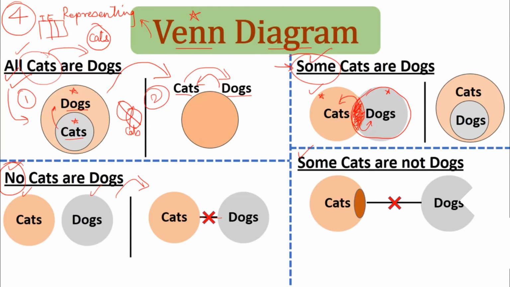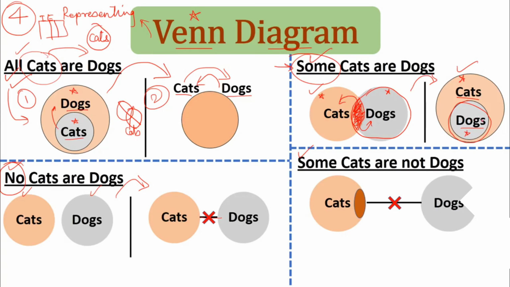Now there is another way to draw this. Take a look over here. Over here we say some of the cats are dogs. So draw all the cats in the world. This pink is nothing but all the cats in the world. And some cats, a portion of the cat community, are dogs. The portion of the cat community in blue is nothing but dogs. So some cats are dogs.